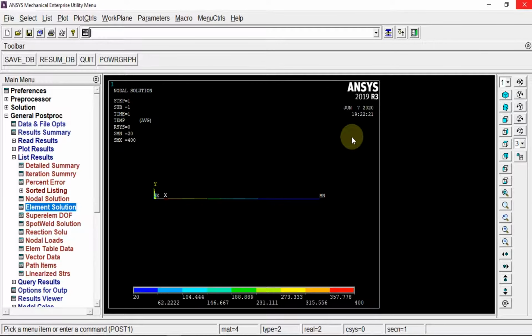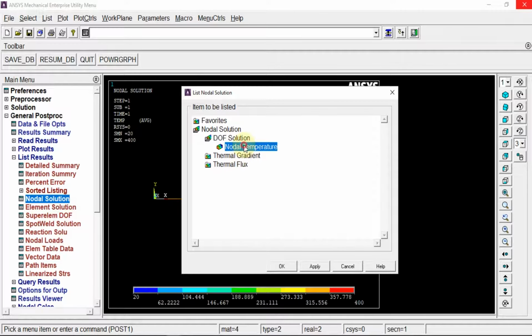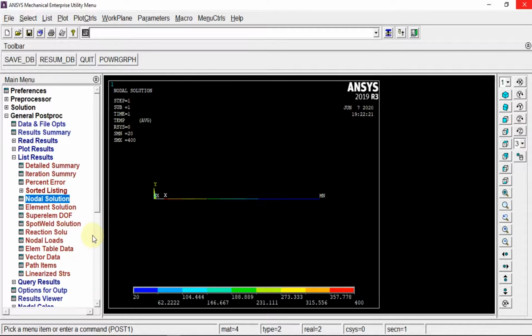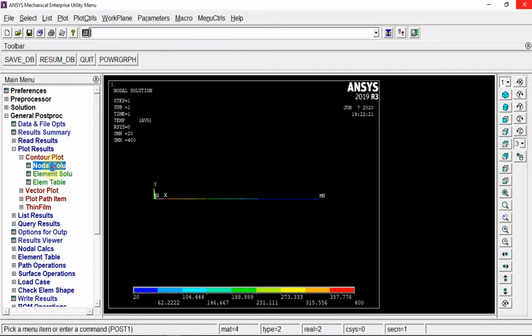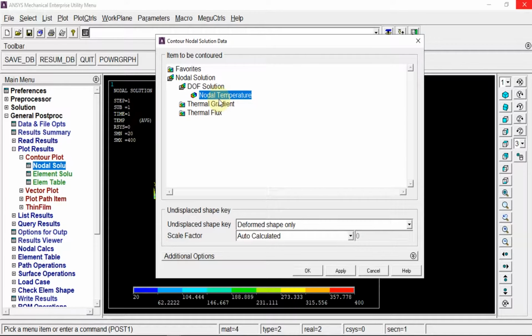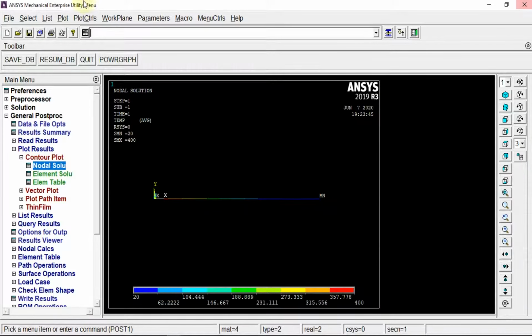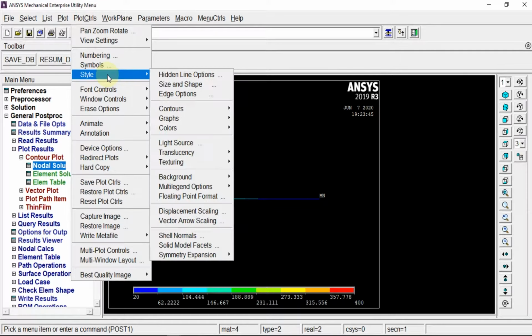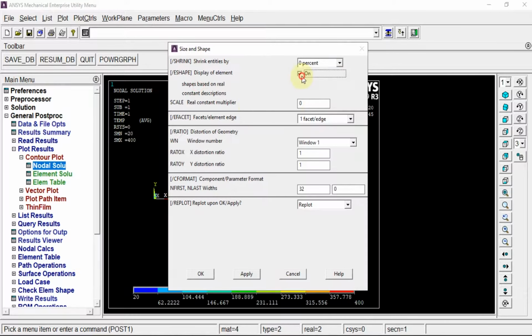Next what I'm going to do is I can print the nodal solution, nodal temperature also from this place. So this is the list of the nodal temperatures. You can save this, and next what we are going to do is I'm going to plot nodal solution, nodal temperature that we have plotted, and what I'm going to do is I'm going to change the style, size and shape.